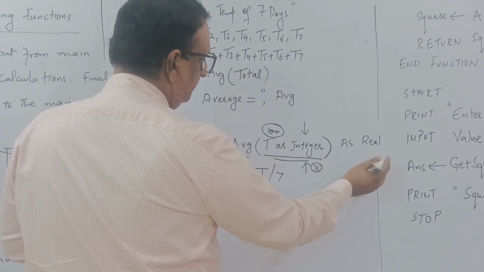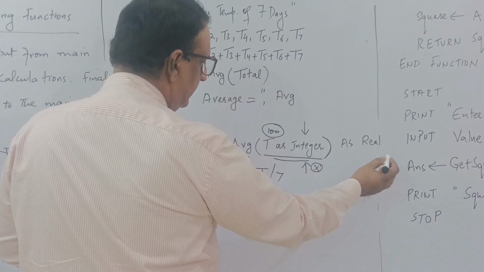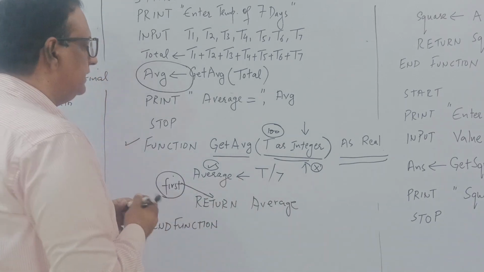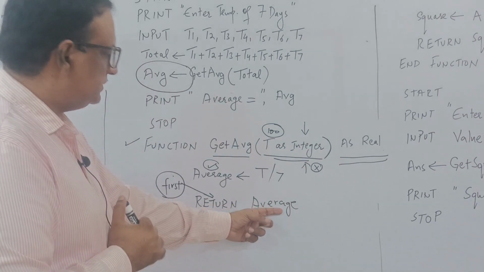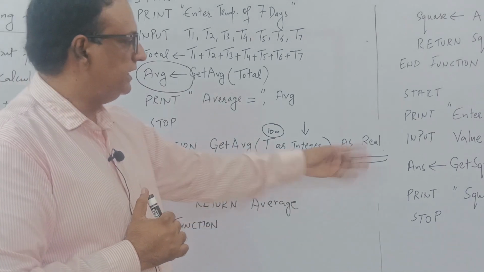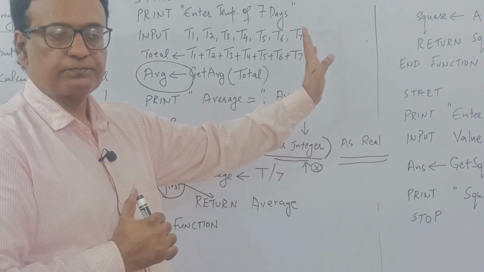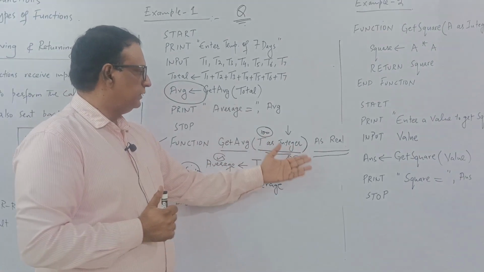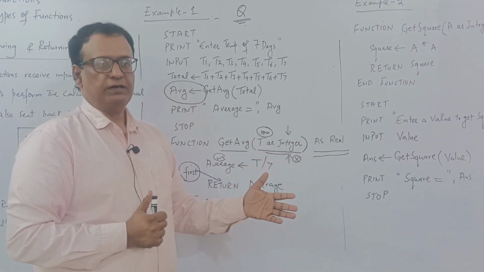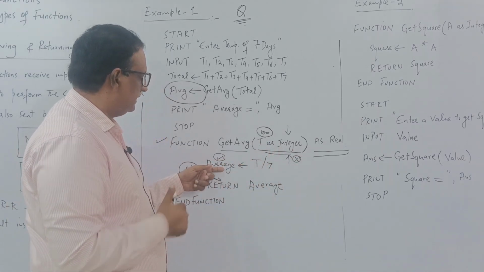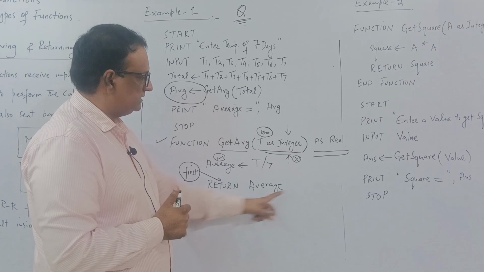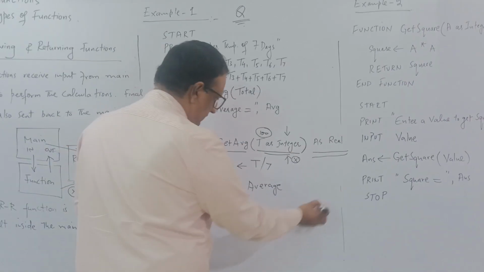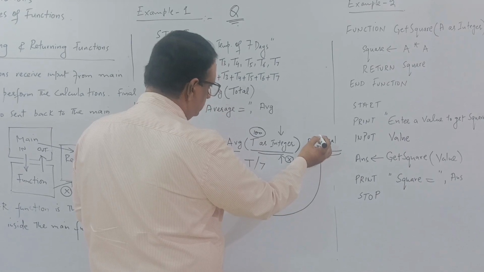outside this bracket. If I write over here as real, it means that the answer in average should be made real and sent back. What is the real value? The real value always contains a fractional part. So whatever is the decimal value of the average, that will go back, and this return will pass through this